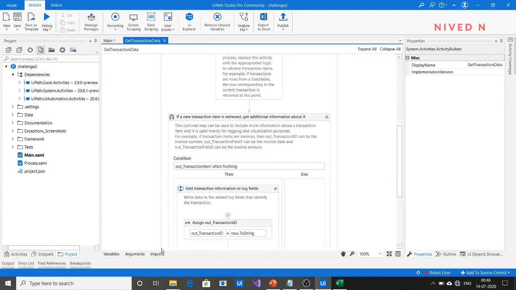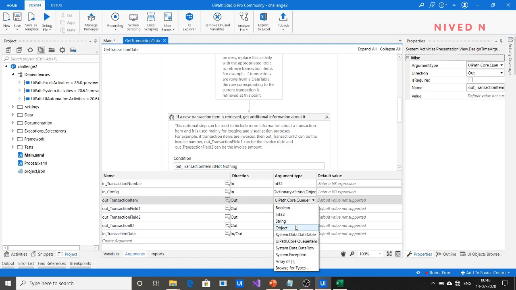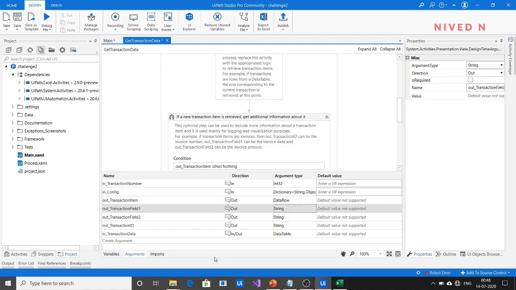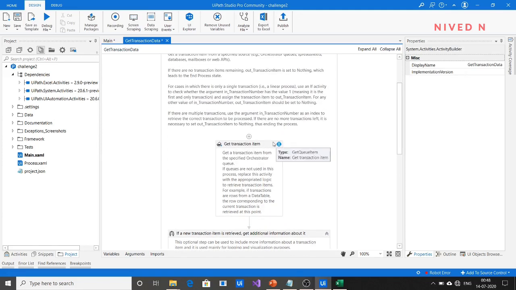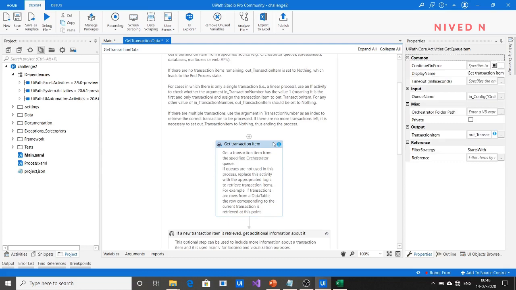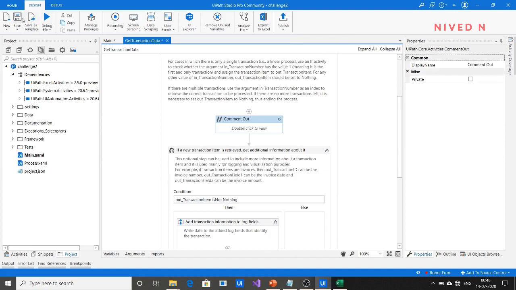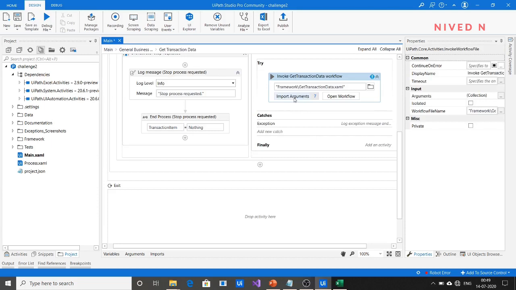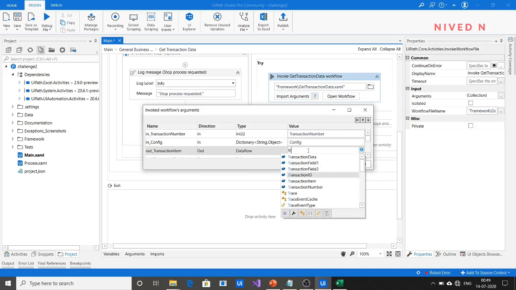So here you have to change the variable type of transaction item from QueueItem to data row. Now here also a validation error is thrown. Since our transaction item is not a queue item, we don't need the Get Transaction Item activity. We can just disable it. Just save the workflow. Now change it to transaction item.